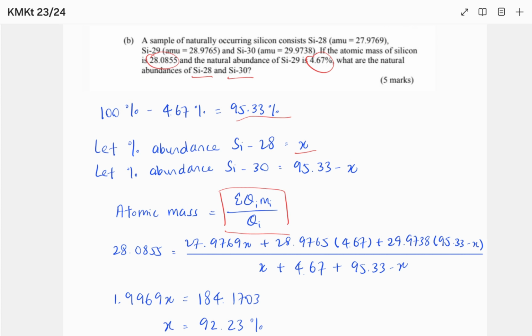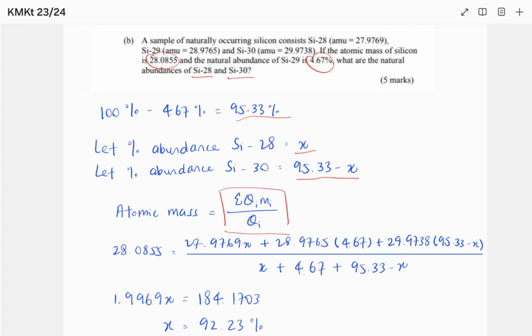So the percentage abundance of silicon-30 will be 95.33 minus X. So we will know that the unknown for the question is X. So it will mean that the other value is provided by the question. So we substitute the atomic mass, which is